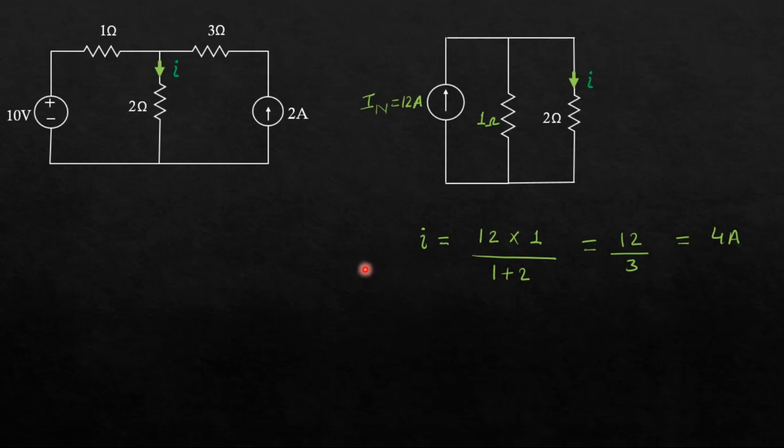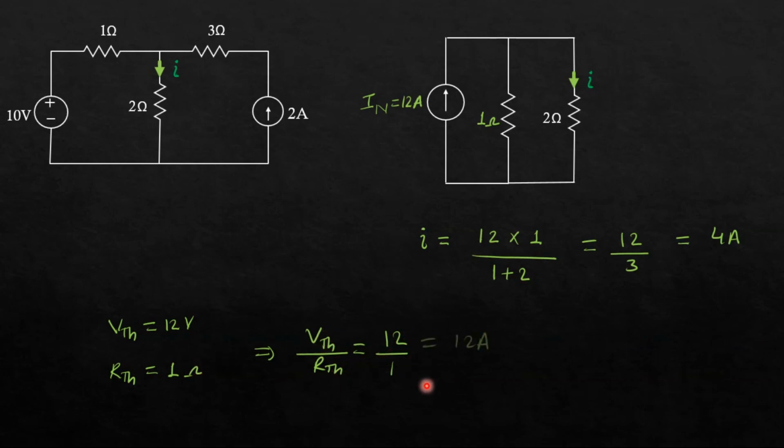So again, one thing I told you, if you know the Thevenin's equivalent, you can directly calculate the Norton's equivalent. In the previous class, Thevenin's voltage was 12 volt, Thevenin's resistance was 1 ohm. I told you that short circuit current or Norton's current is equal to V_TH by R_TH, that is 12 divided by 1, okay, which is 12 ampere, which is equal to the Norton's current. And one more thing I told you, that Thevenin's resistance is always equal to Norton's resistance, that is R_TH is equal to R_N.